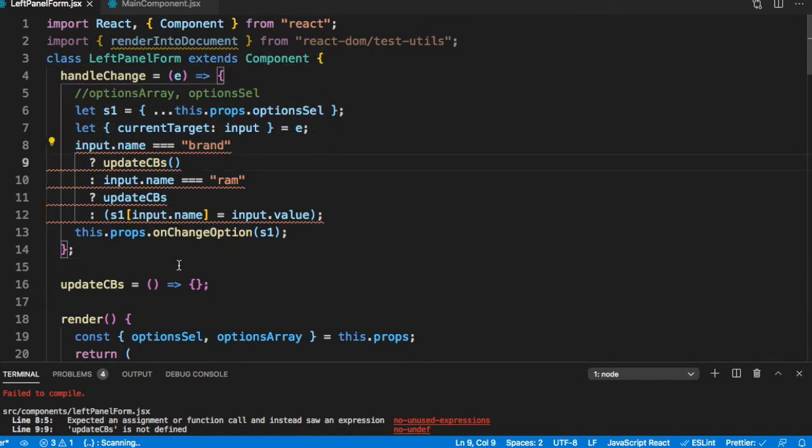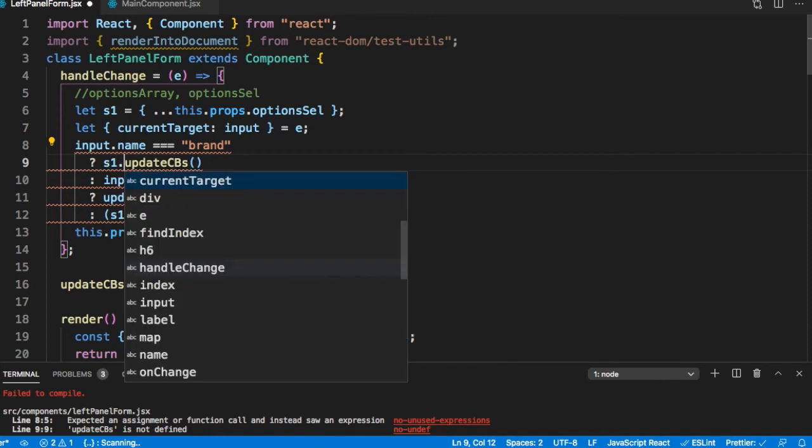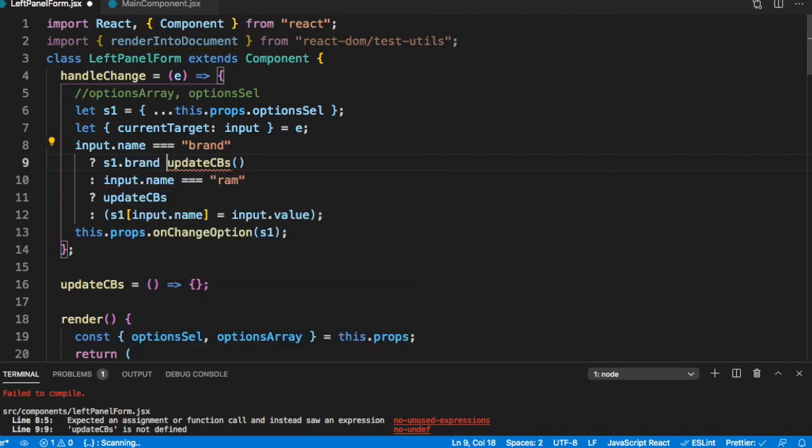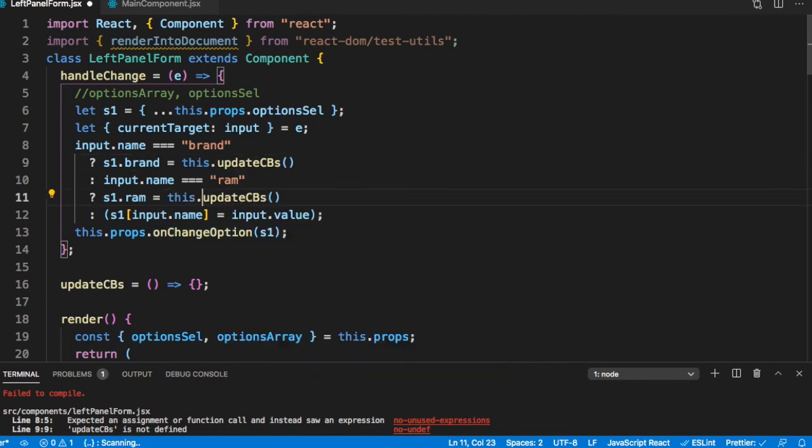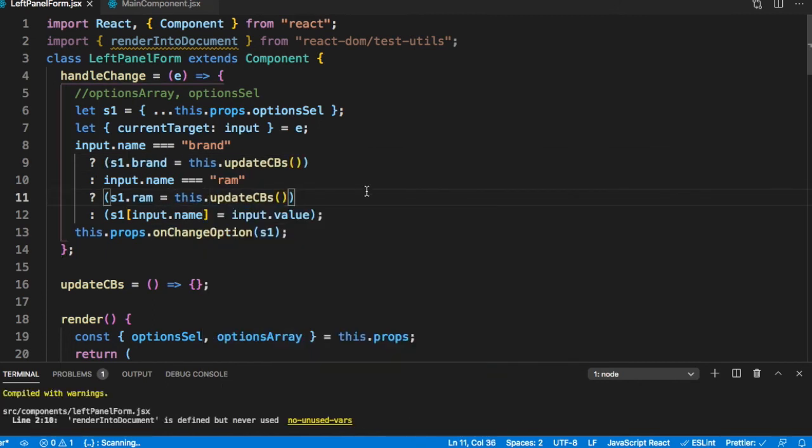So here we would just say s1.brand is equal to updateCBs, and here we will just say s1.RAM is equal to updateCBs, and this should have this.updateCBs. Now exactly the way we did it last time. So what all do we need?